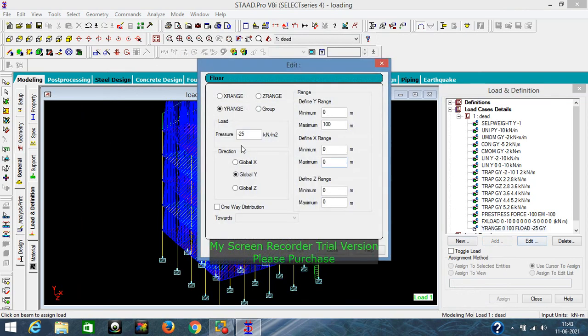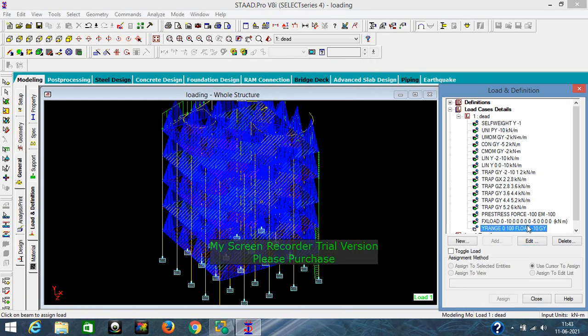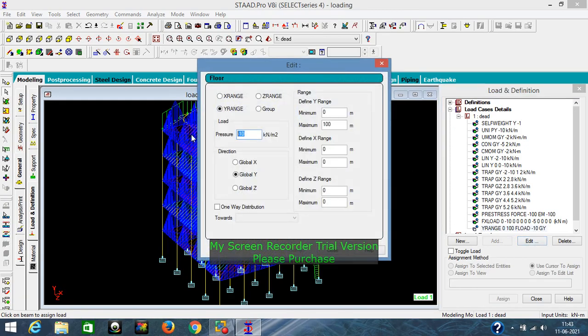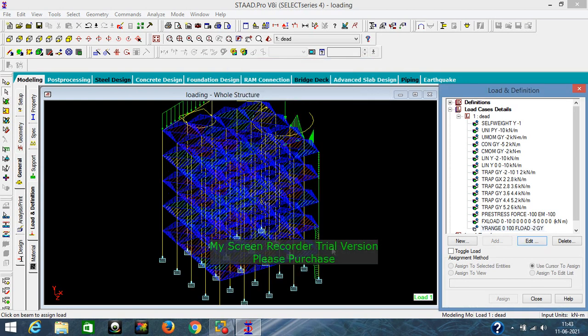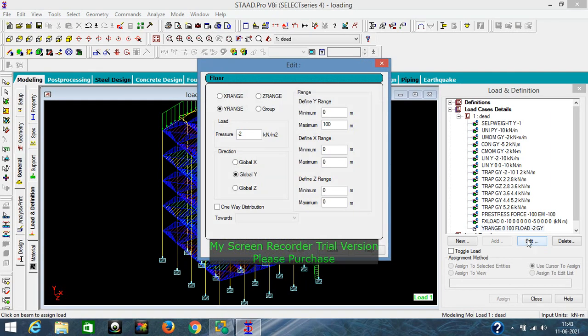I'll try to edit and change this value a little bit so that I can see the value. Let's say I'll take -10 only, just to see how it is applied. I'll further change it to a smaller value so that we can see the results. So you can see it is a trapezoidal distribution of load. If I go for editing,